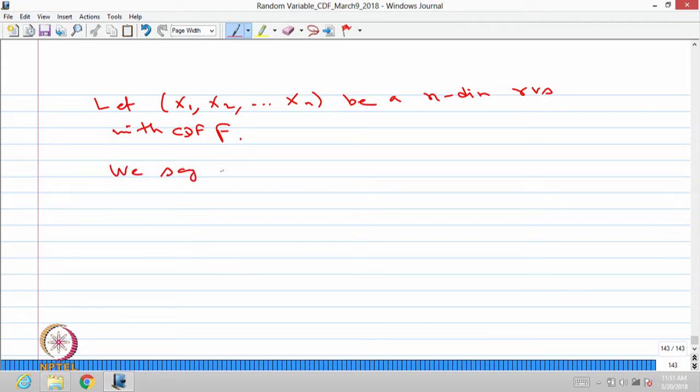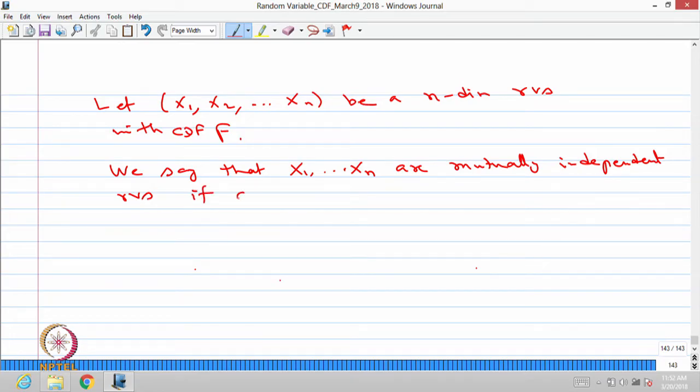We say that the random variables x1, x2, ..., xn are mutually independent random variables if and only if